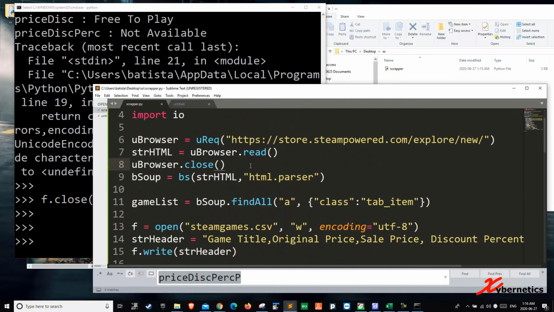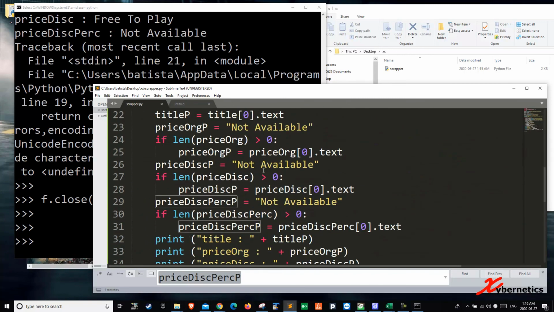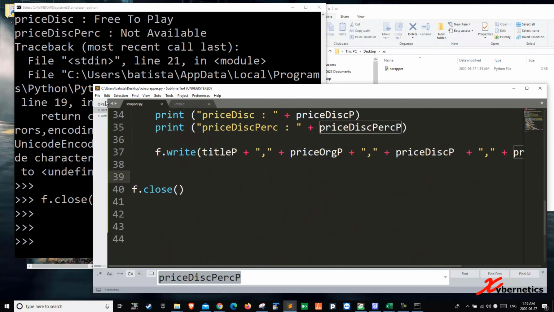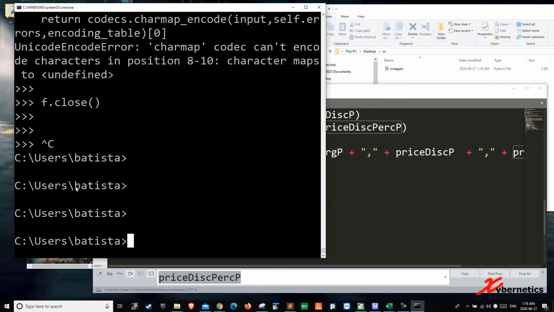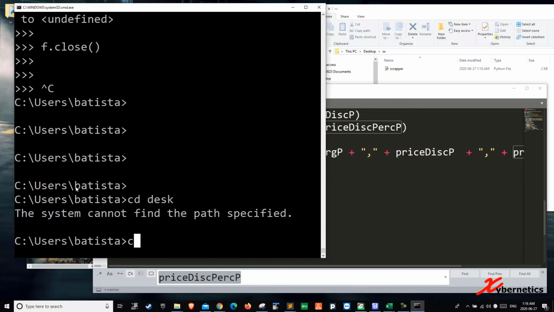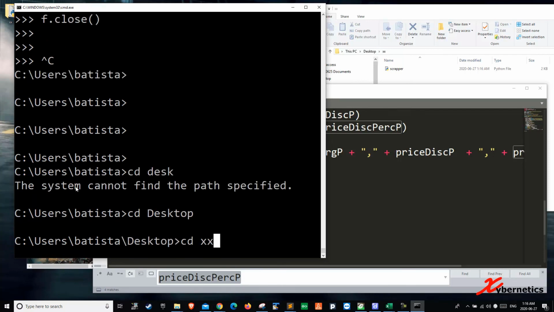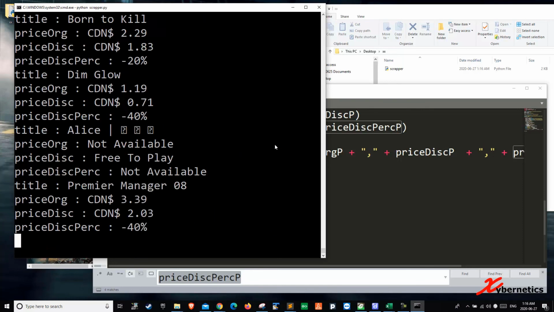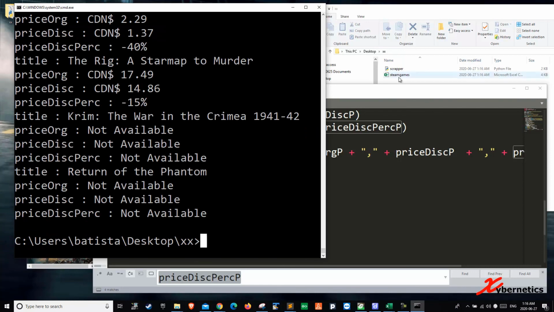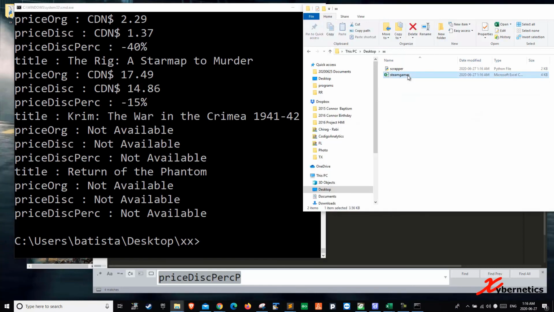But this time around, what I'm going to do is try running from the DOS prompt. I just saved it, so I'm just going to exit out of this here. Go to desktop, go to the directory. Right, so python scr, and you run it. You see it works fine. You can see this file came on here. So now if you double click to open it,